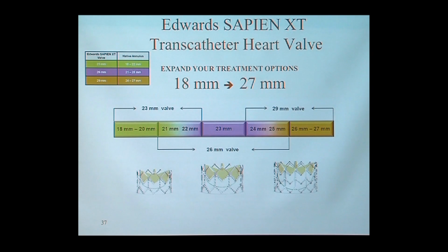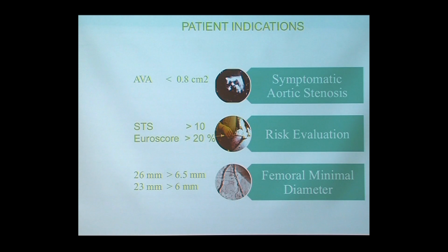But as technology improves, we will be able to treat more patients with these conditions. So essentially, the normal aortic valve area is usually greater than 2 square centimeters. It's related to your body surface area. If you're a big guy, you have a bigger valve. If you're a small person, you have a smaller valve. But it's generally accepted that if it falls below 0.8 square centimeters in anyone,